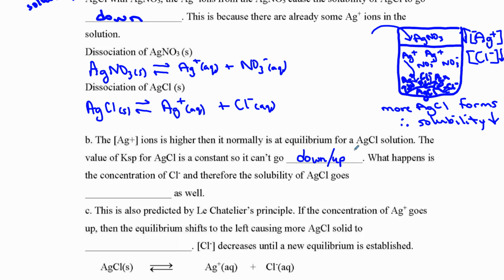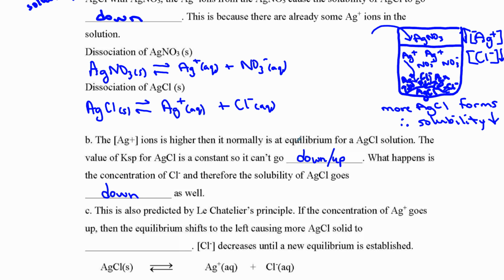It can't change. What happens to counteract the increase in concentration of the Ag plus is the concentration of the chloride ions decreases, and therefore the solubility of silver chloride goes down as well. Okay, and that's what I showed here. If this is increasing, this has to decrease, and what's happening is we're getting more of this precipitate forming,